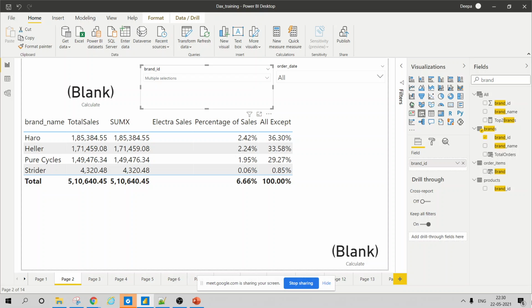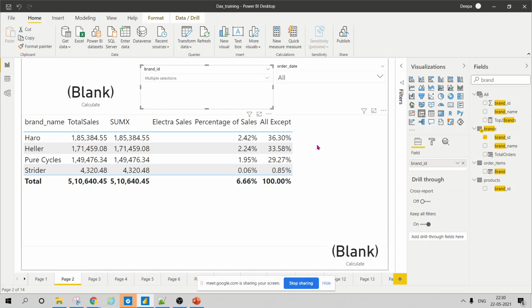I want the percentage share of Hero out of the total selection. So if I selected four brands, it should calculate only those four as 100%, and then give me the percentage.